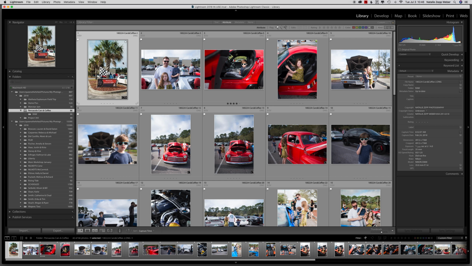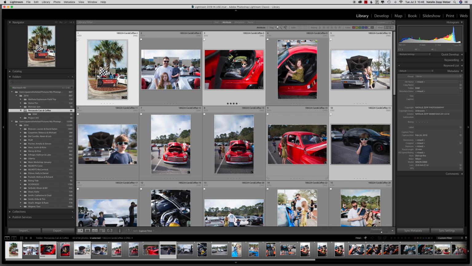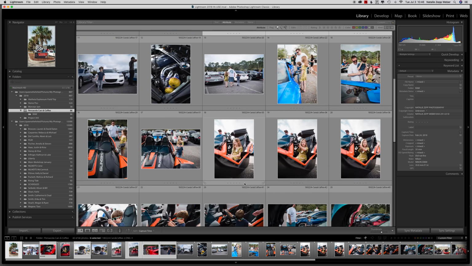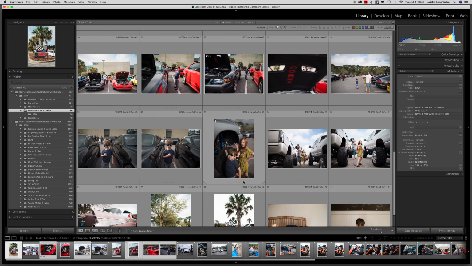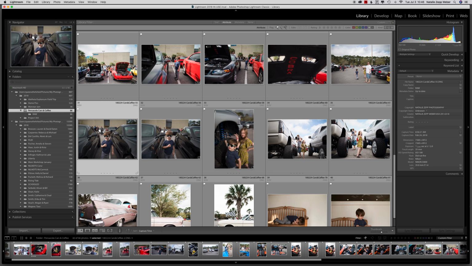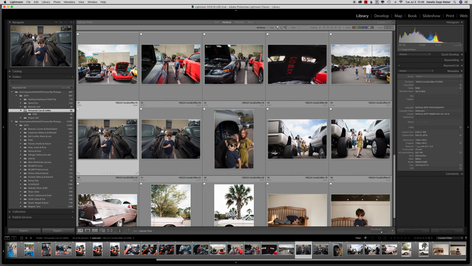Okay, or you can select non-sequential images by holding down the Command key and clicking on different images. What that allows you to do is, let me find one that needs some adjusting. Okay, so these images are just a tad underexposed. So if I have these 2 images that are underexposed and I want to quickly lift them up to see